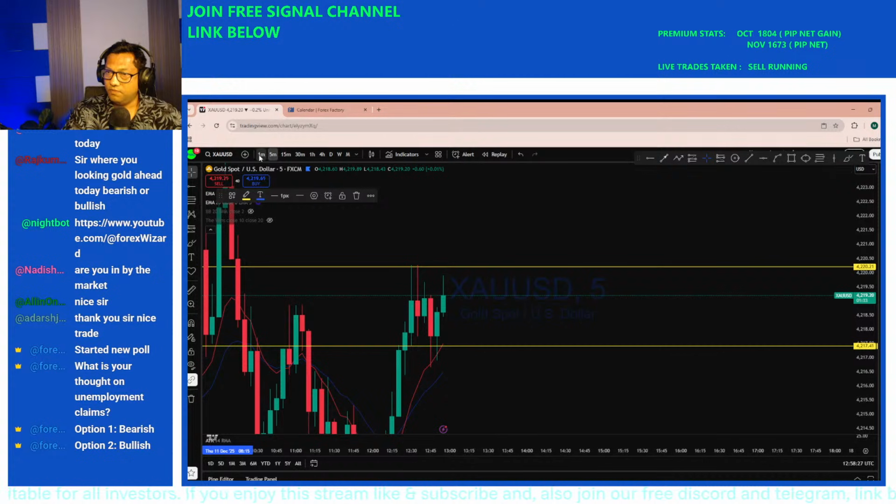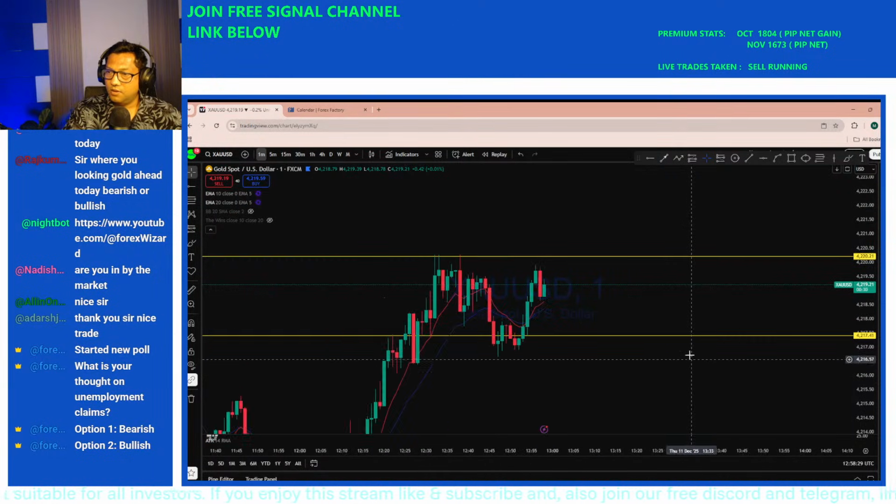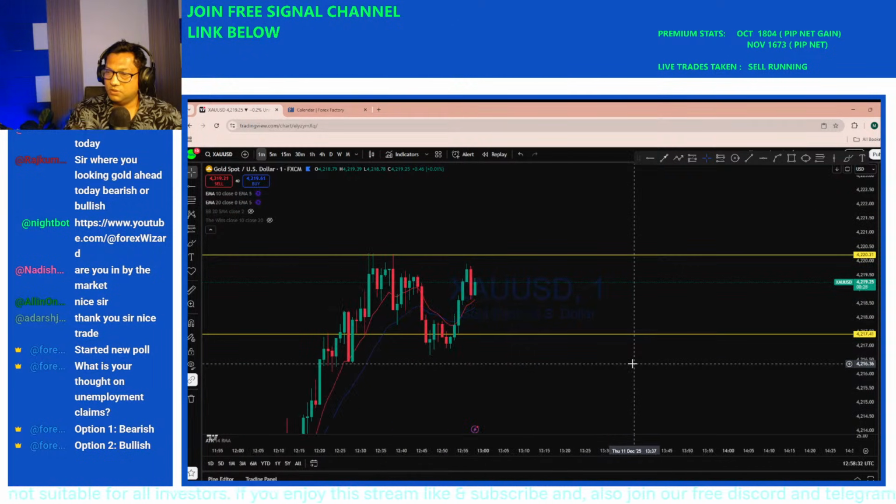Here is the lower time frame. So a double bottom bounce here, and